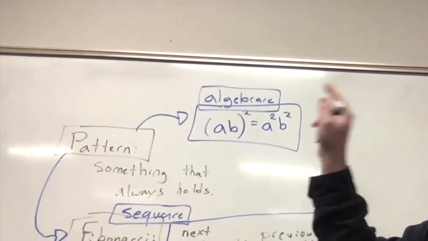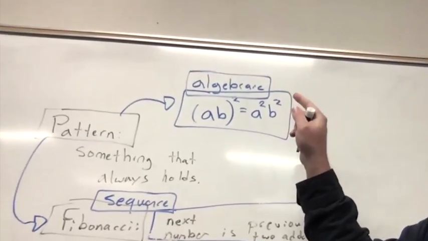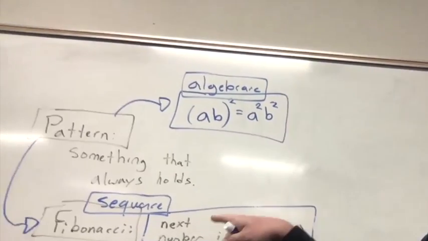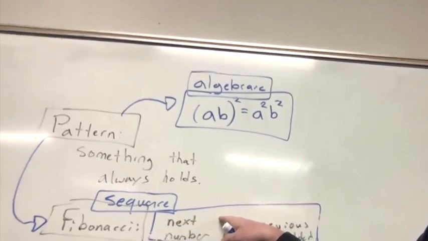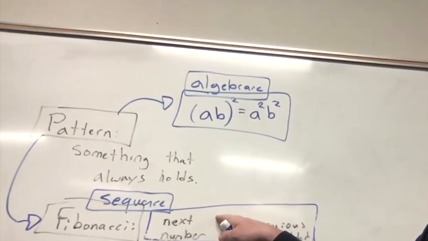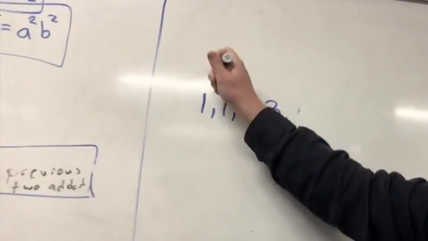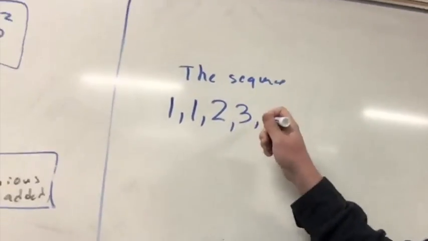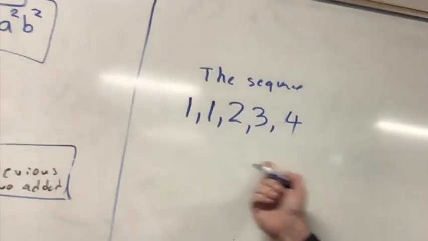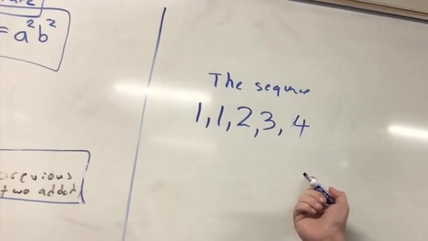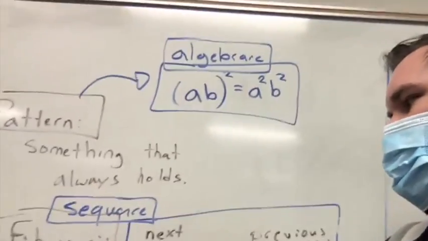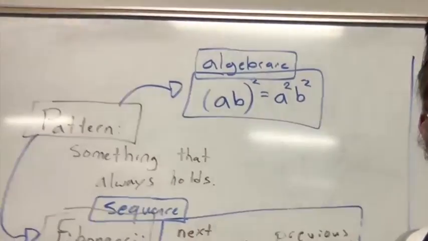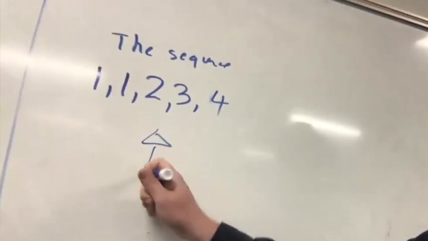There's a trap here, and the trap is easy to fall into because smart people fall into this trap. You cannot say someone else's sequence is invalid because they infer a different rule than you do. So if we start out with a sequence that starts 1, 1, 2, 3, and the next entry is 4, can you say that sequence is wrong? No. It may be there's a different pattern it's following. So you can say that a sequence is right if you have a particular rule in mind and it matches it, but you can't say that someone else's sequence is wrong.